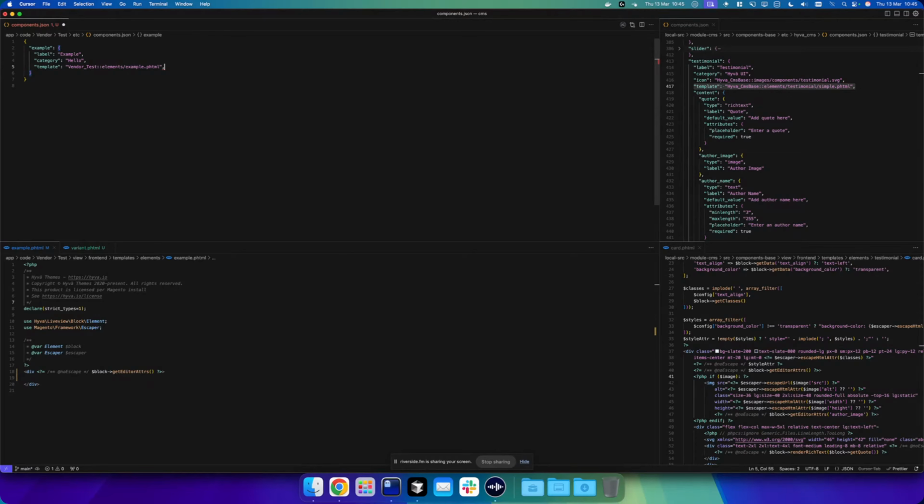From this point onwards, we're going to be defining our content. So inside of content, I want to have a title. And the title, we're going to set this to be a text field. Then let's give it a label: title. And from this point onwards, we want to set a default value, actually. We want to make sure that when someone adds a component, it's got something in it straight away. So let's just say example title.